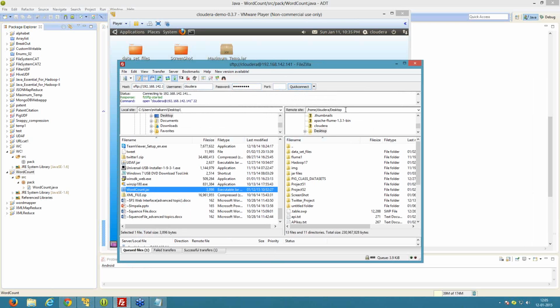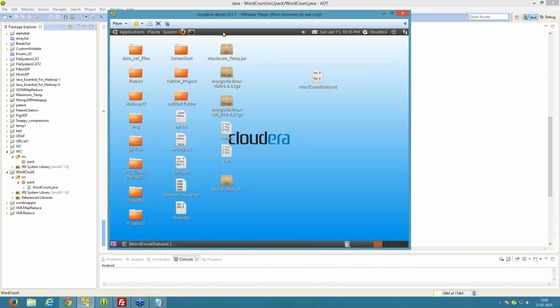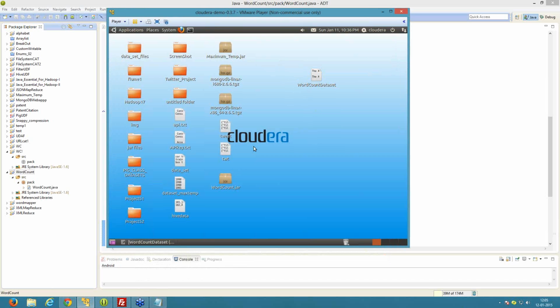The file is uploaded in the home Cloudera desktop directory inside CDS 3.7. Okay, we have got the word count.jar file in CDS 3.7.